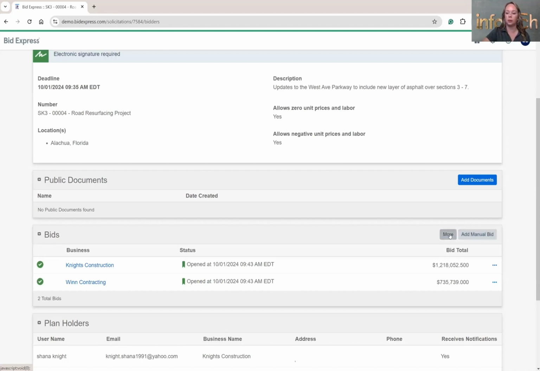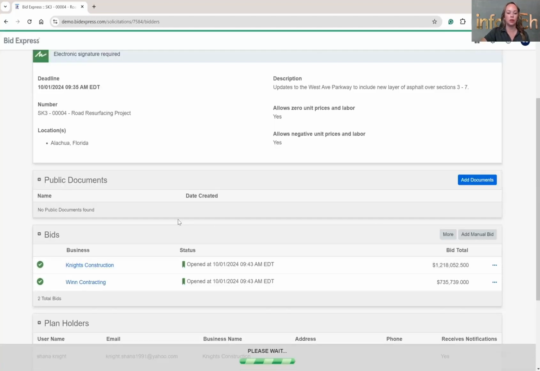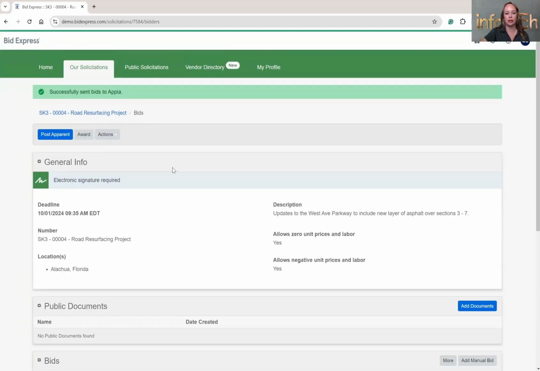I'm going to click on More and Export to Appia. Again, this modal is popping up, prompting us saying, hey, you're sending this information from the Bid Express service now back over to Appia. And I'm going to go ahead and click send. So while this is sending, and we can see it was successfully sent to Appia,